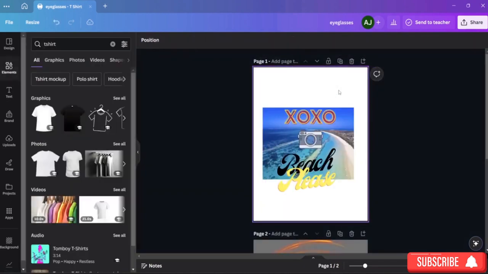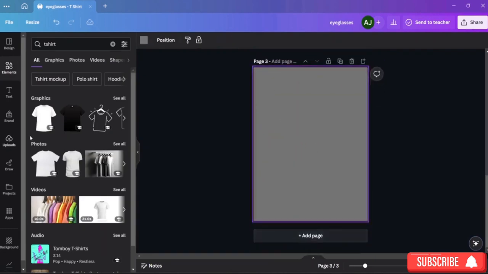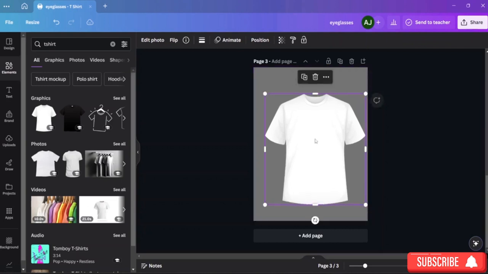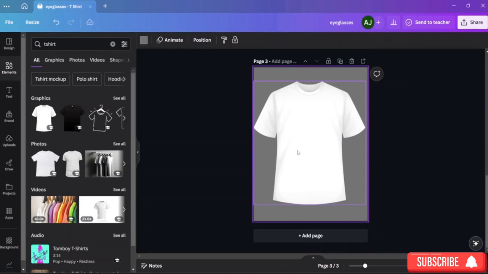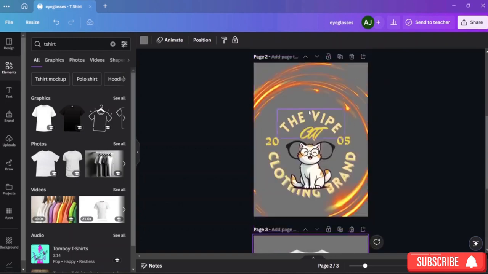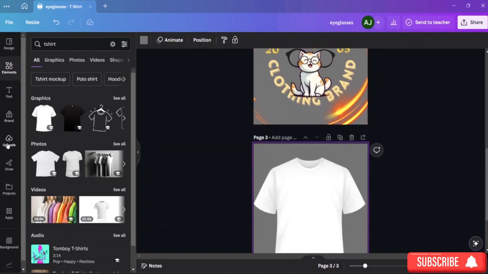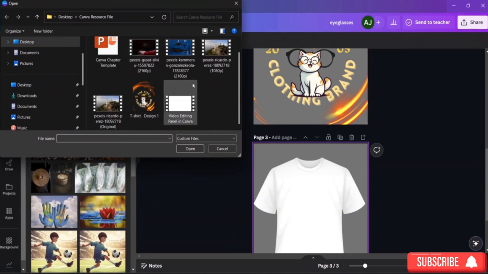I will select this, I'll delete this one, come here and I'll add another page. And from here, I'll take this t-shirt, and maybe I'll just increase the size of this t-shirt here. And now I'll put that particular design and show you guys how this one actually looks. Okay. So again, come to the uploads option, and from here you go to upload files, and here you guys